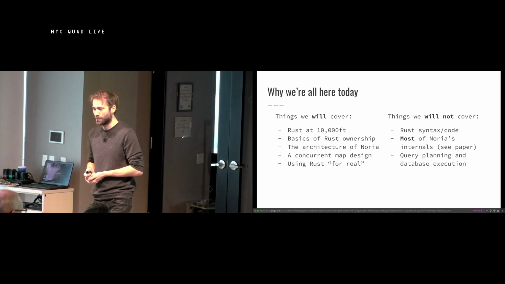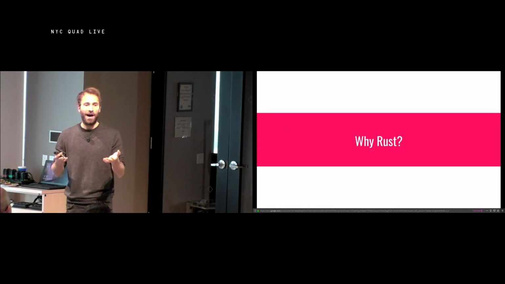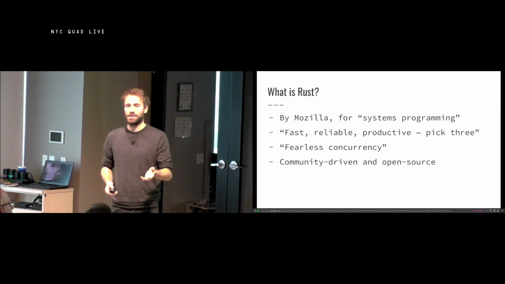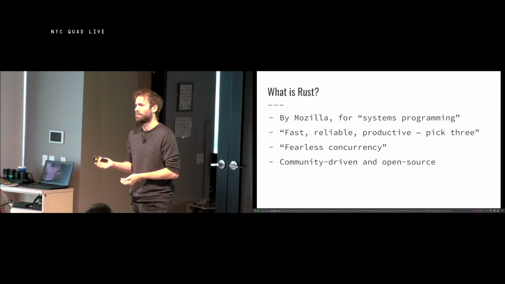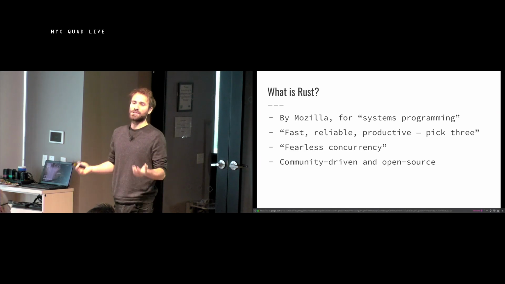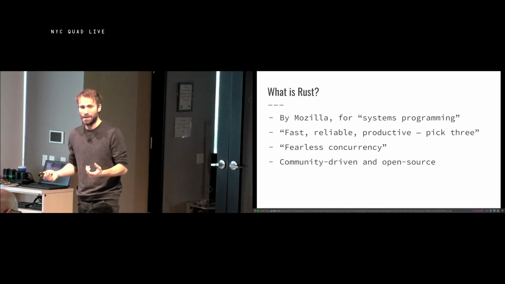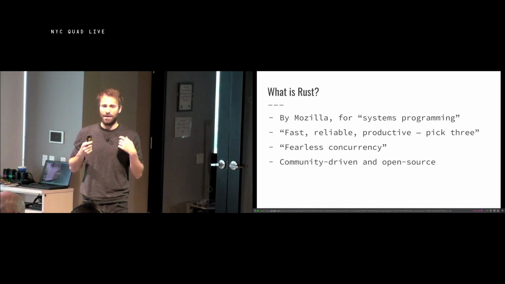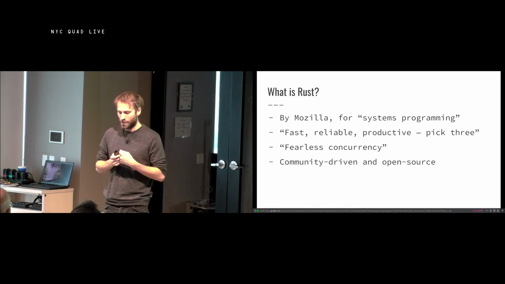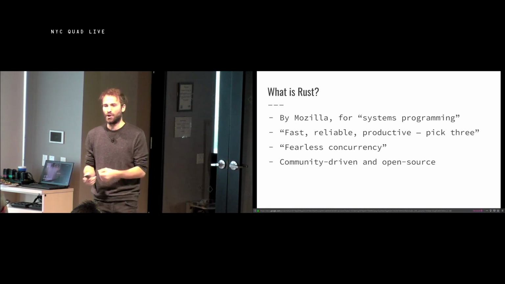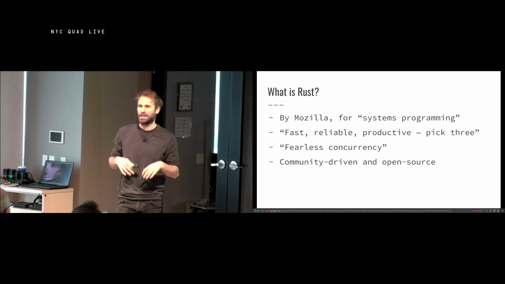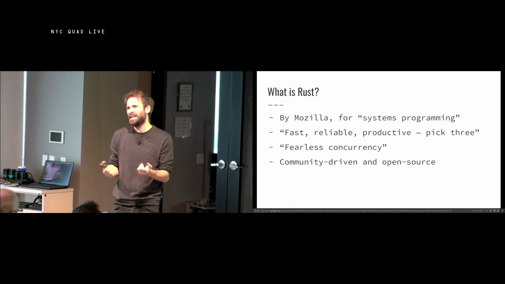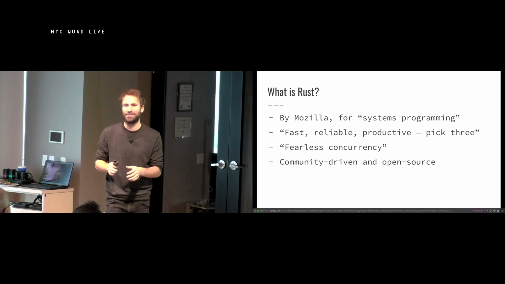And so therefore, the first thing we're going to look at is what is Rust? Like, why am I talking to you about Rust at all? Well, Rust is a programming language by Mozilla. It's relatively new. It reached 1.0 about 4 years ago. And it's for systems programming, which is a very vague term. But the basic idea behind systems programming is you want a language that lets you build systems that do stuff. So they're not necessarily just tools or command line utilities, but they're for writing servers or clients or basically anything is a system. So it's relatively poorly defined.